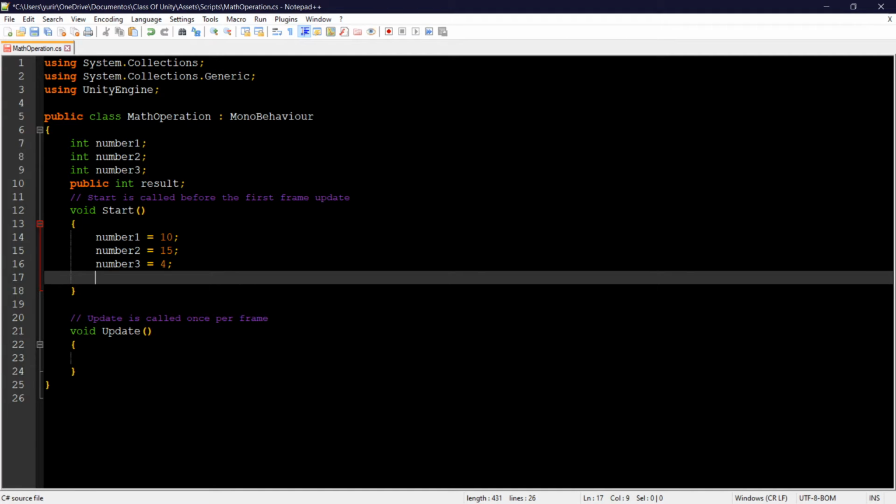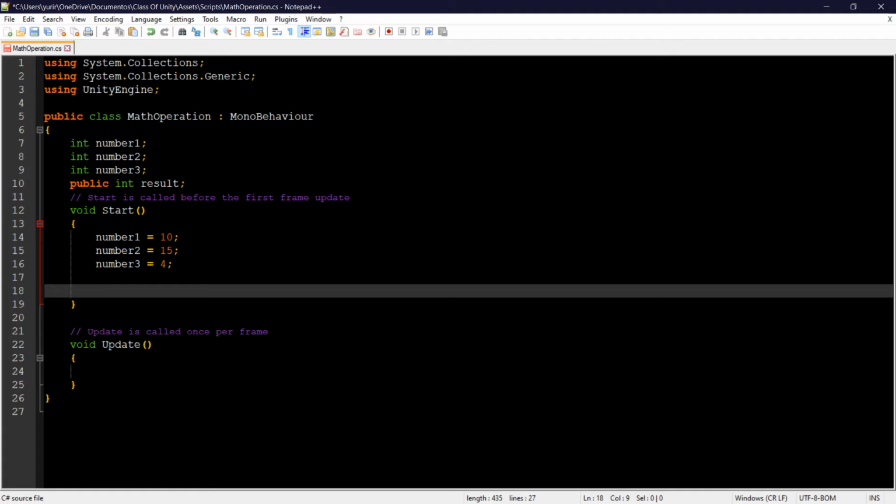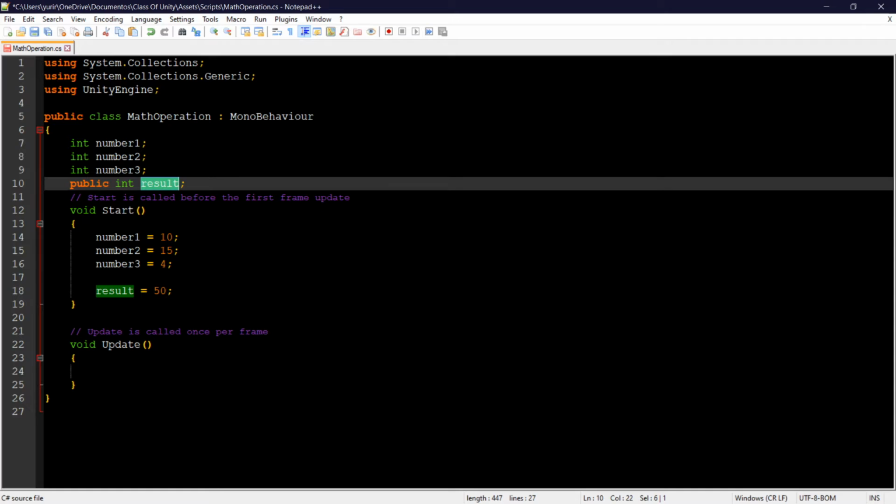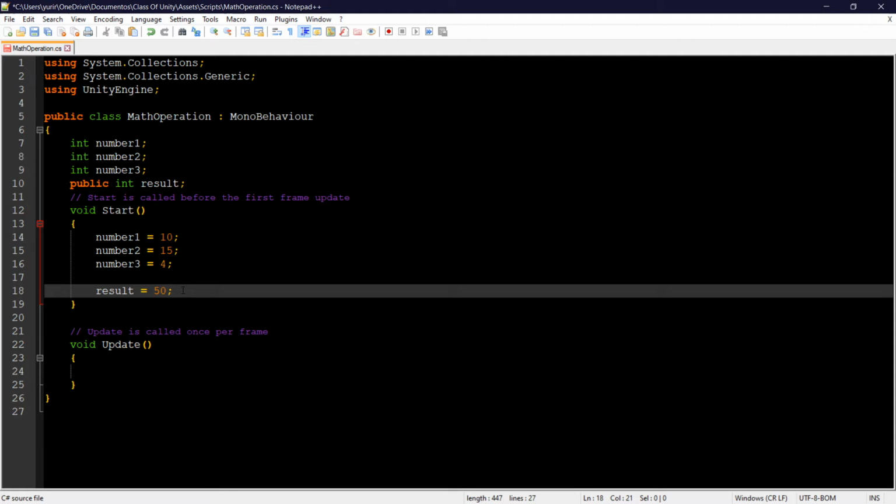The first operation that I'm going to show you today is that I can also say that result will be equal, or will receive, and then I can, if I want to, put a raw number, like 50 right here. I could, because result is an integer variable like number1, number2, and number3, but that's not what I want today. I want to put a math operation right here. So for example, I can put number1